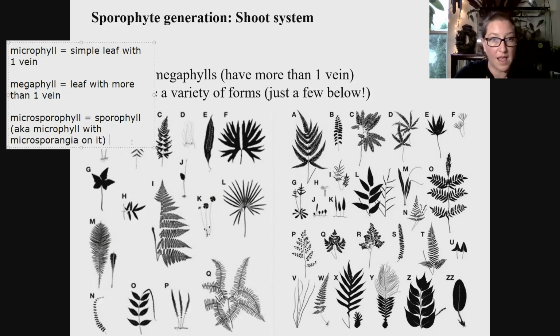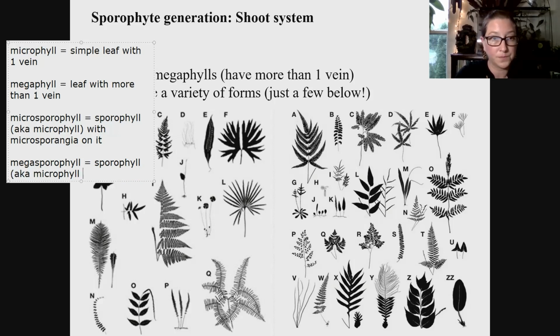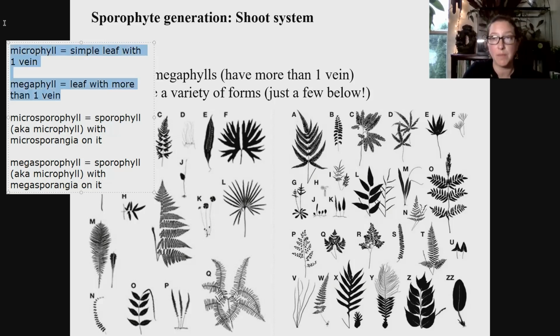Microsporangia on it. And megasporophyll, which is a sporophyll, aka microphyll with megaspore on it. The reason I'm pointing this out is because, for these two here, microphyll and megaphyll,